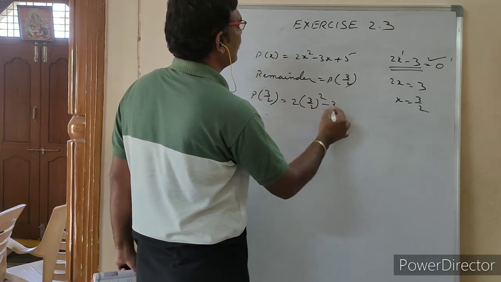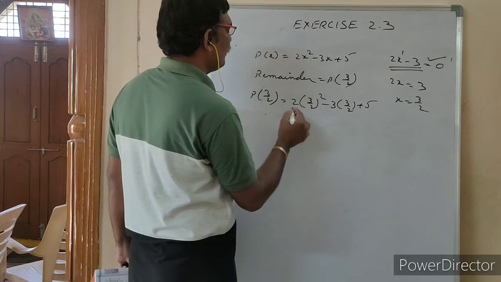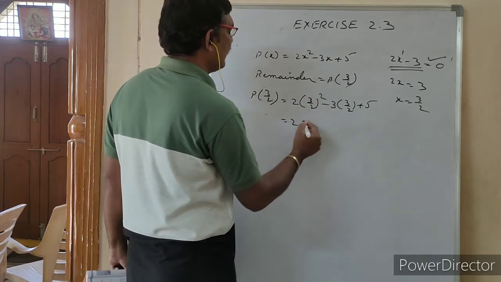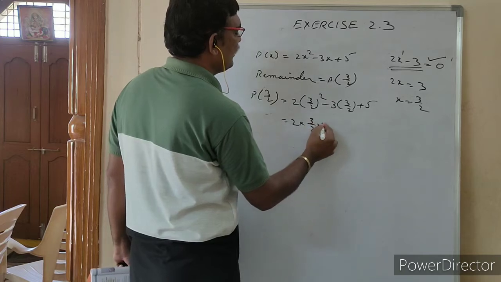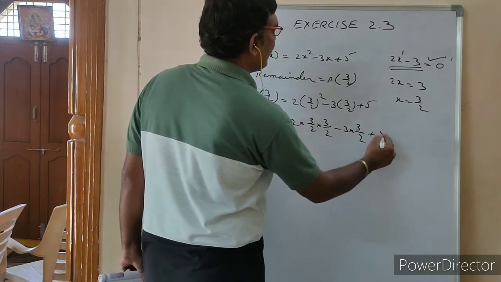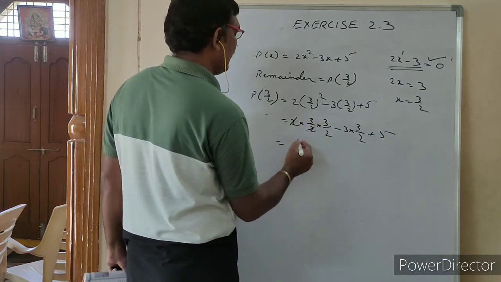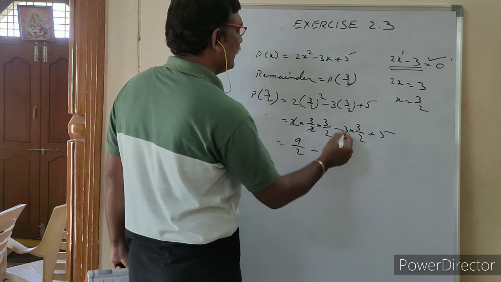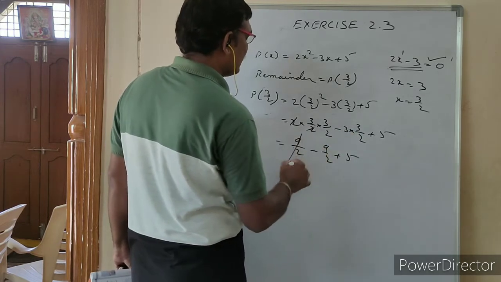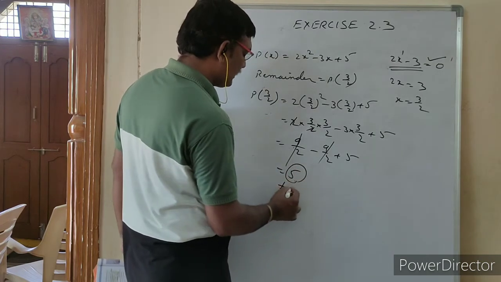That's it. Okay. Now simplification. The 2 doesn't cancel, this 2 is having a square. 3 by 2 whole square means 3 by 2 into 3 by 2. 3 into 3 by 2 plus 5. Now 2 and 2 cancel. 3 threes are 9 by 2. It is minus 9 by 2 plus 5. Plus 9 by 2 minus 9 by 2 cancelled. 5. So, not equal to 0.